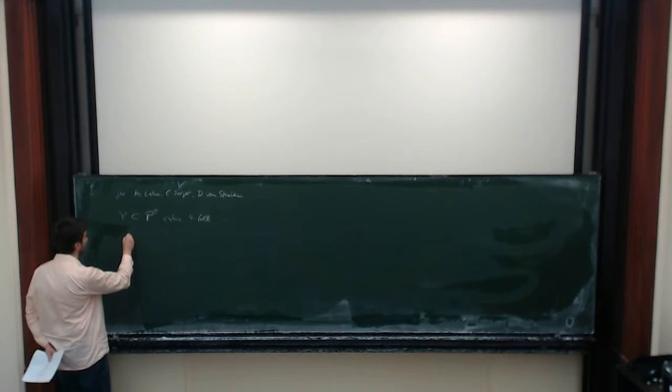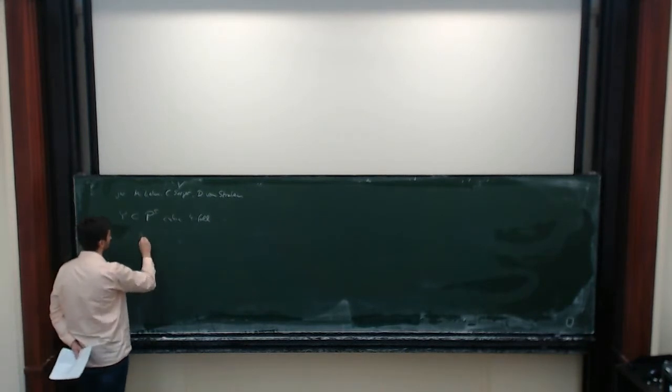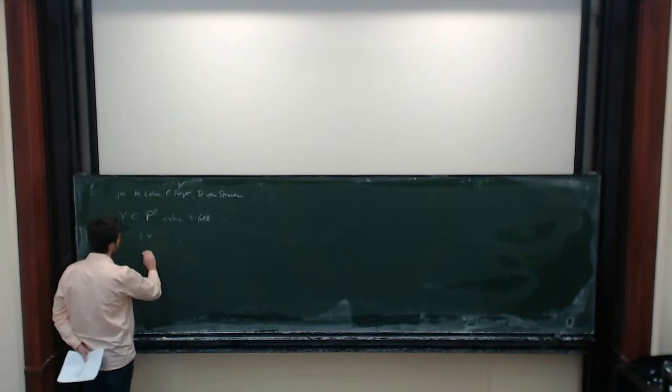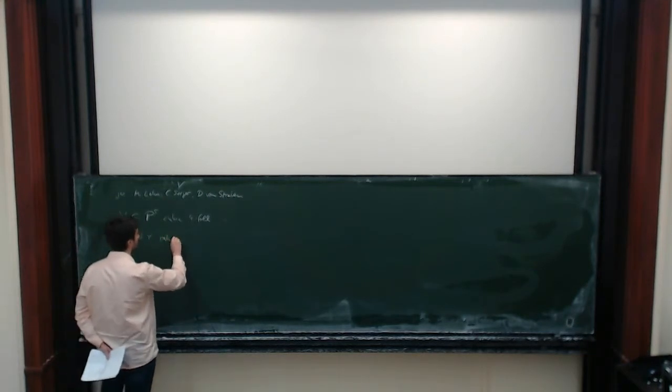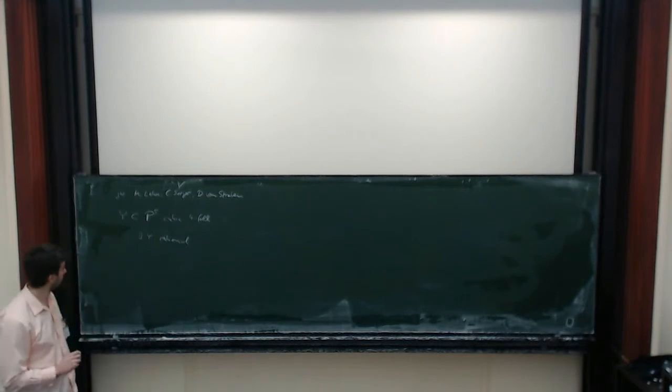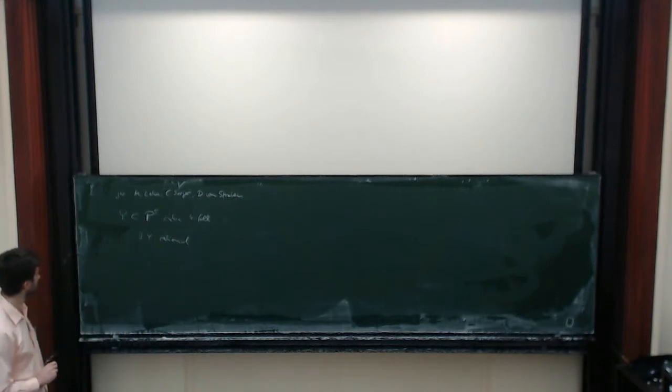And I mean, these are very interesting objects, and there are some interesting questions about the birational geometry of these. For example, there exists Y which is rational. I mean, this won't play too much of a role in the talk, but just to make maybe a link,